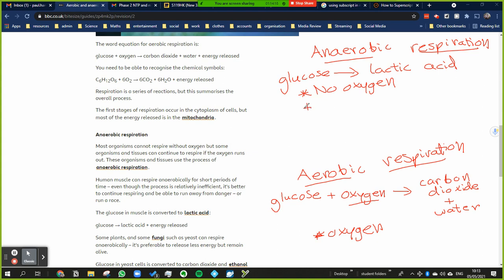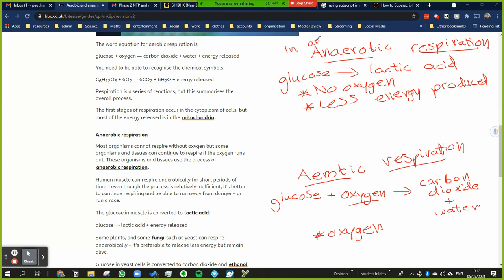Also, with the anaerobic, we have less energy produced. Okay, so it's not as good. And you can see also it produces lactic acid. This produces carbon dioxide and water. So now there is another type of anaerobic respiration as well that happens in plants, but this is anaerobic respiration